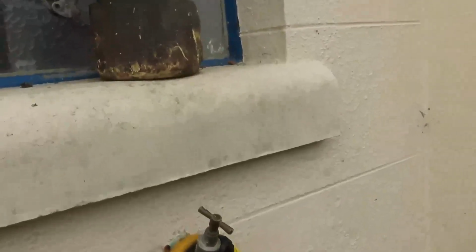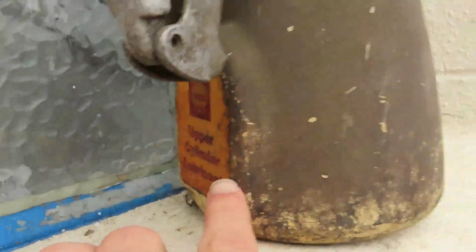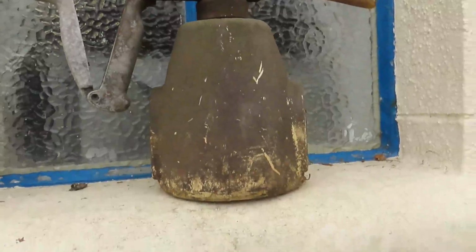Now what is this over here? We've got a little old oil pour or something, Shell upper cylinder lubricant. There you go, an interesting little find. They're similar to the likes of my Red X one I bought recently, but quite a bit later. I bet that would actually clean up quite nice. It's a shame it's been left outside, but I know it's a bit dull, but I just thought I had